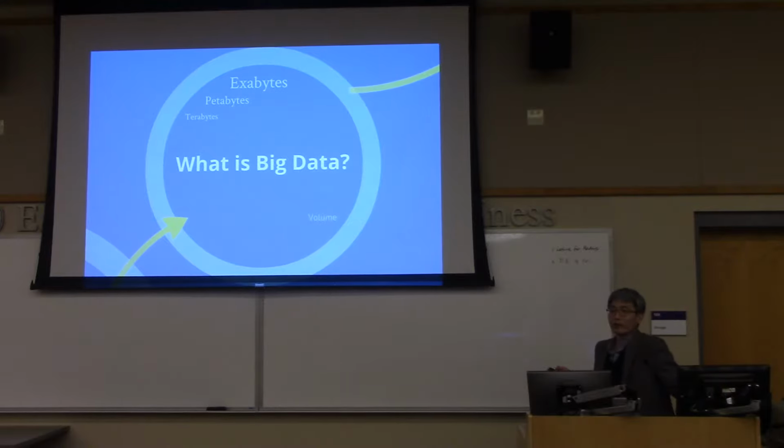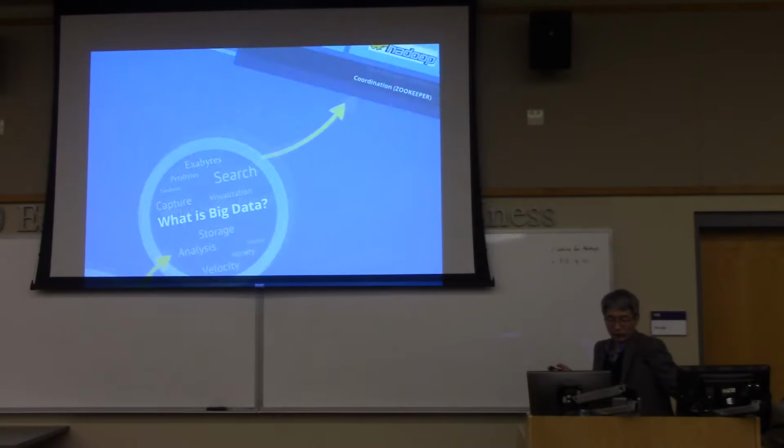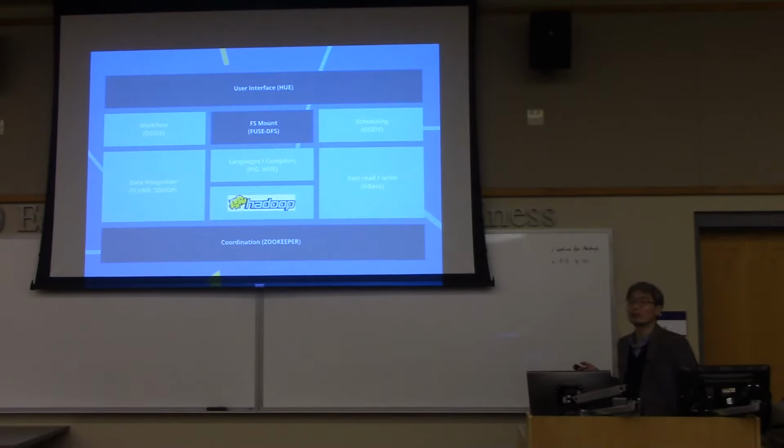We defined the characteristics of big data using the 3 Vs: volume, velocity, and variety. We already discussed that. Then these address such problems of big data. This is a solution. So we are going to use Hadoop as a solution for big data throughout the semester. It basically consists of a number of small projects, sometimes called components. Overall, this is called the Hadoop ecosystem.